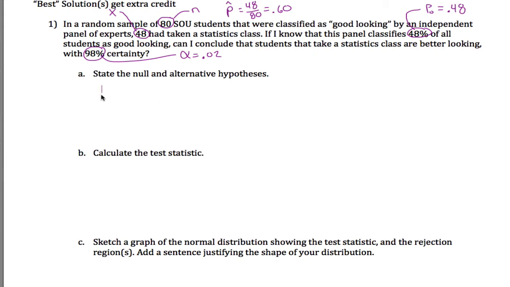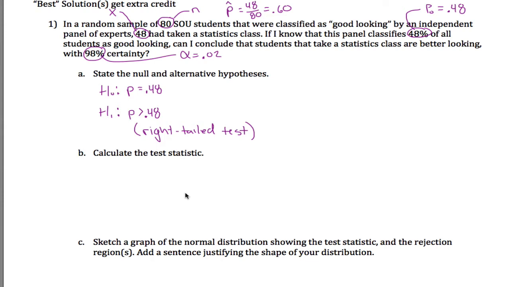State the null and alternative hypothesis. The alternative hypothesis is always the claim. In this case, the claim is that students that have taken a statistics class are better looking than average. I know that 48% is the average, so this thing I don't know, P, I'm claiming is greater than 0.48. My null hypothesis says this P that I don't know is equal to 0.48. And this is a right-tailed test